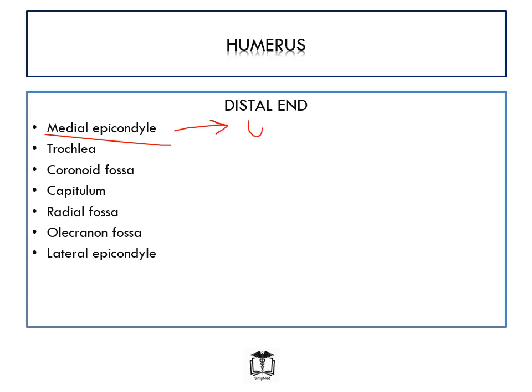The ulnar nerve is found at the back of the medial epicondyle, the flexors of the forearm or forearm flexors, and then the pronator muscle. These are muscles that tend to originate at the medial epicondyle. The second landmark of the distal end of the humerus is the trochlea. The trochlea is a bulge at the